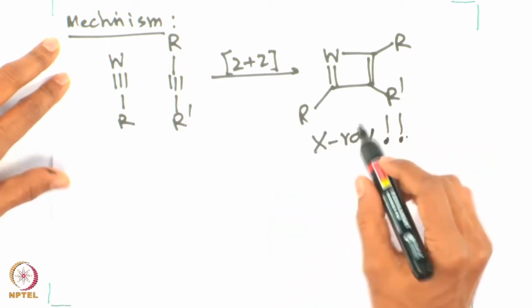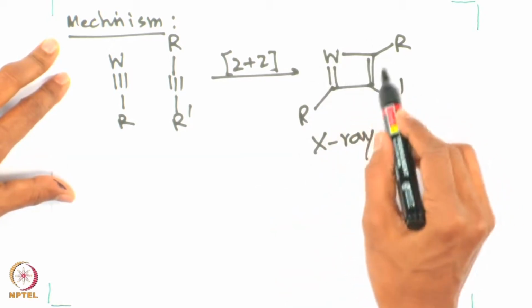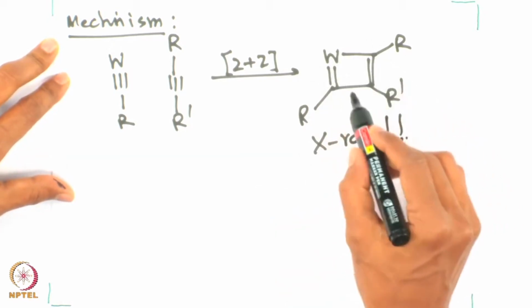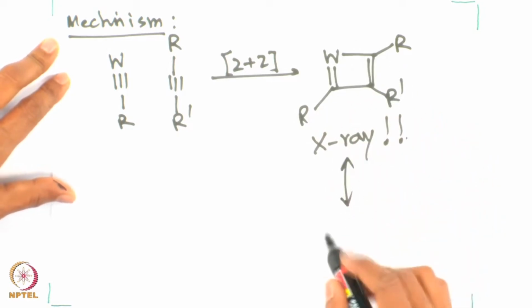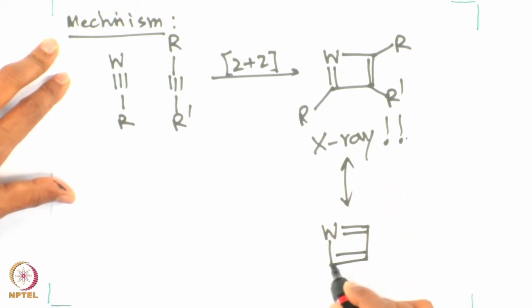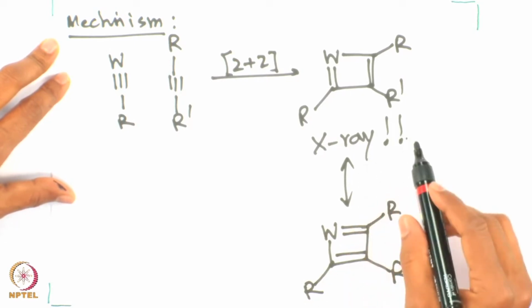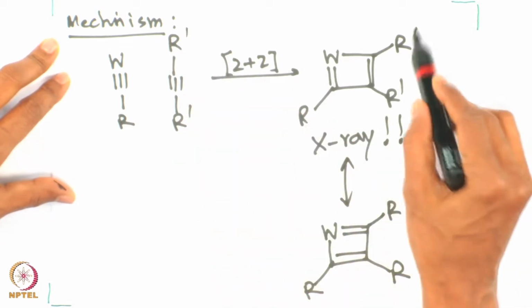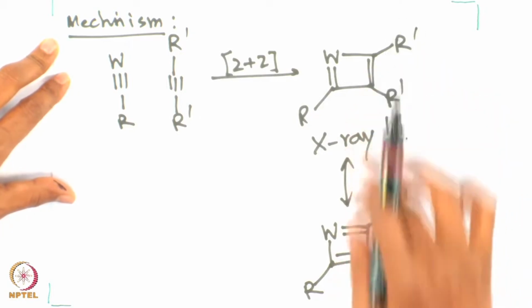In the X-ray it is found that all the bonds over here are equivalent, all bond lengths are equal. Overall, you can give a canonical structure for this, with the double bond then shifted, based on the fact that all the bond lengths are equal. You can say that this is a resonance structure between these two species,